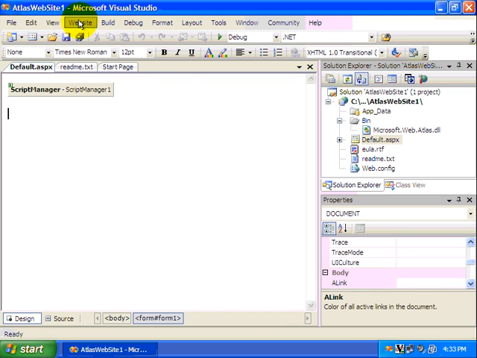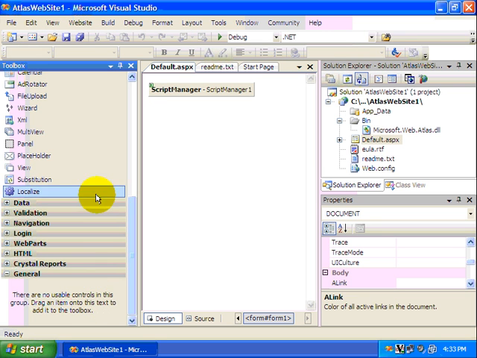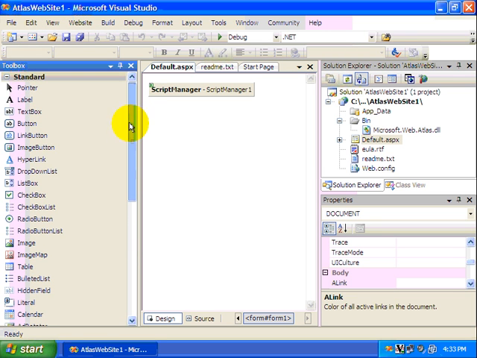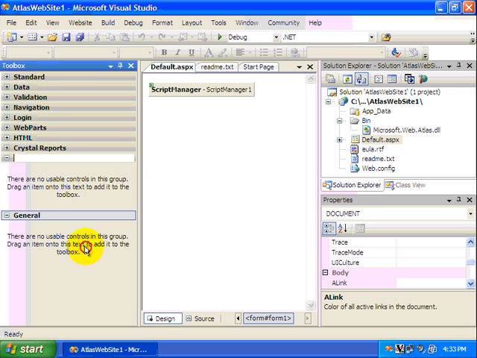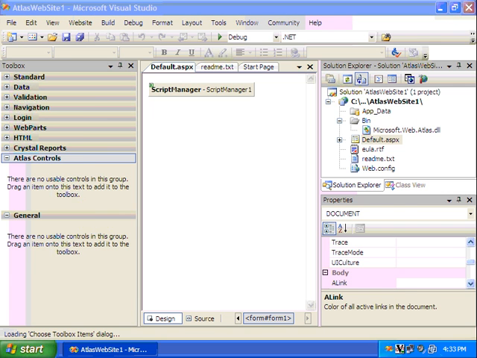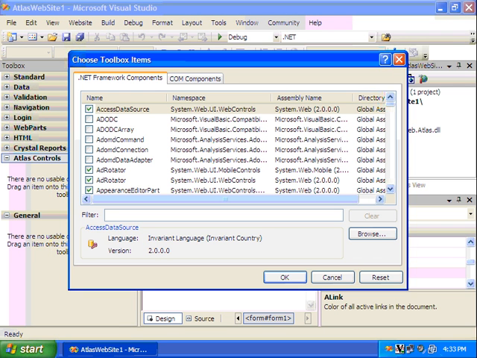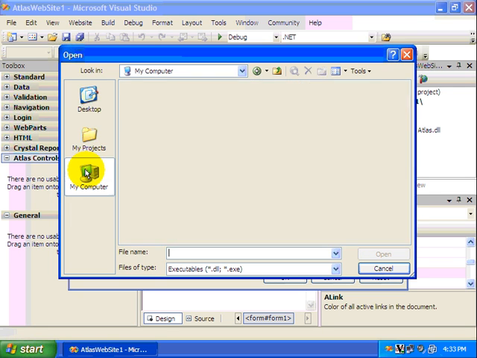Okay, so let's go ahead and take a look at our toolbox so that we can find the other Atlas controls that are available to us, and you can see by default they're not installed. So here's what we'll do. We'll add a tab and we'll call it Atlas Controls. Then we'll right click in this area and select Choose Items. This will bring up the Choose Toolbox Items dialog, and what we'll want to do is use the Browse button and go to my computer